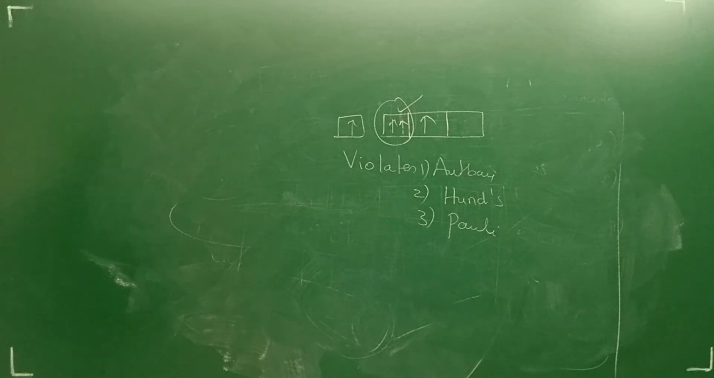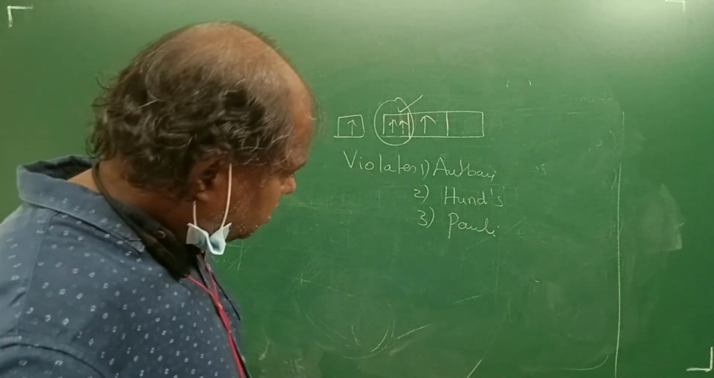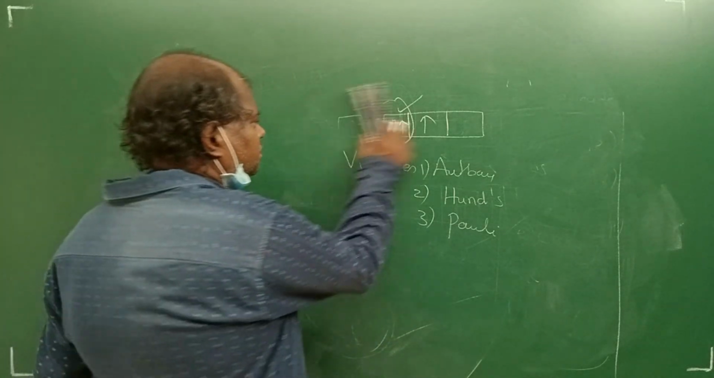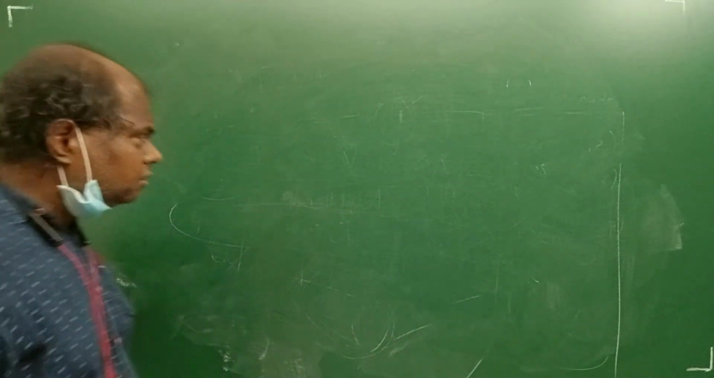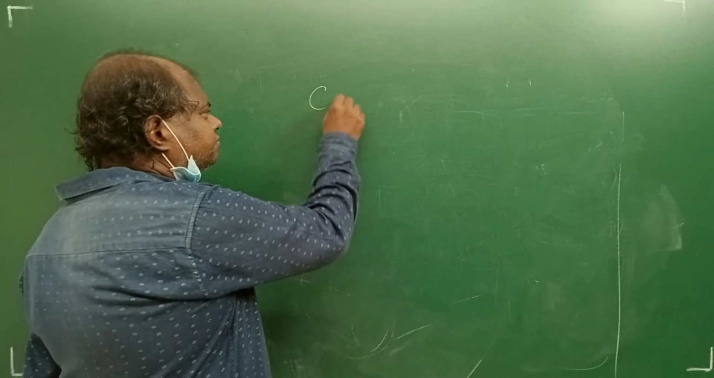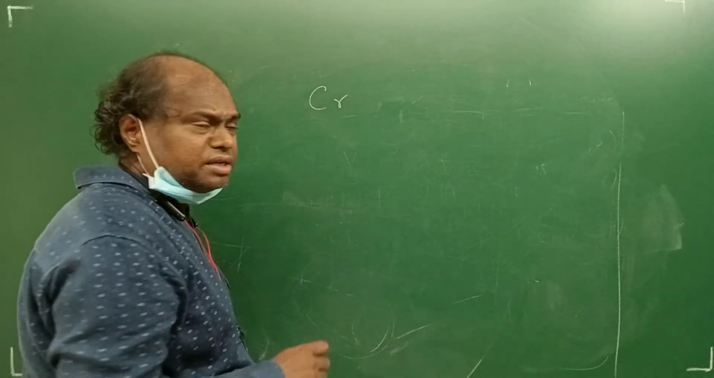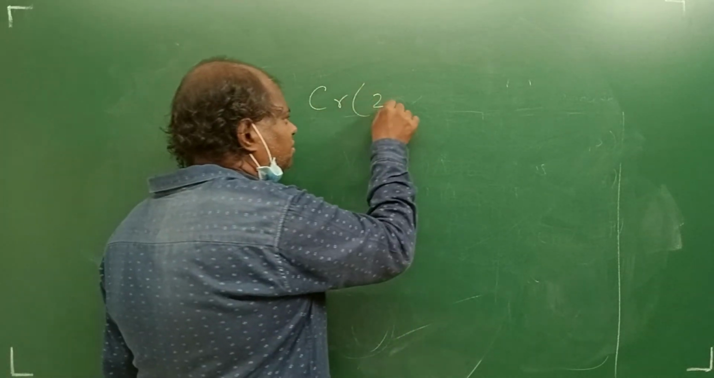So it is violating all the three rules, right? Now let's take some special cases. If you take chromium, this is very interesting, students. If you take chromium, atomic number 24,